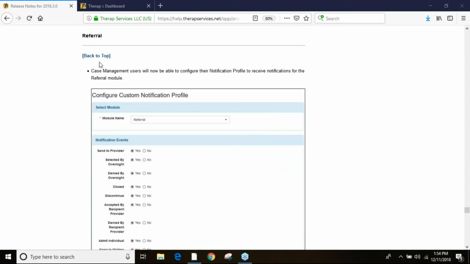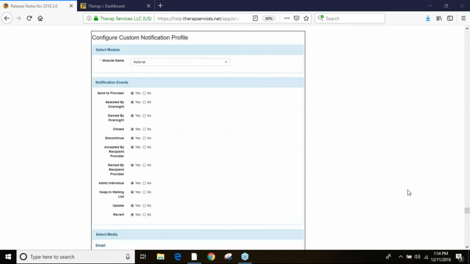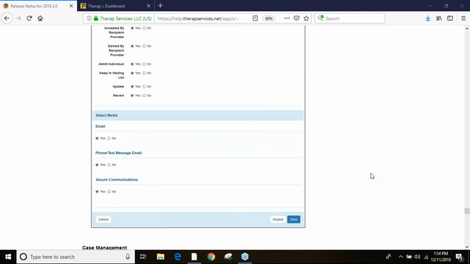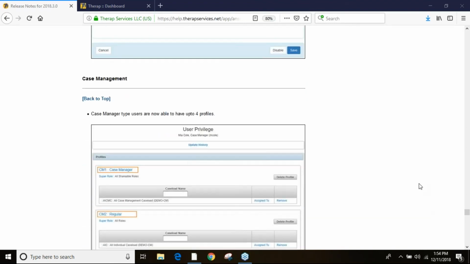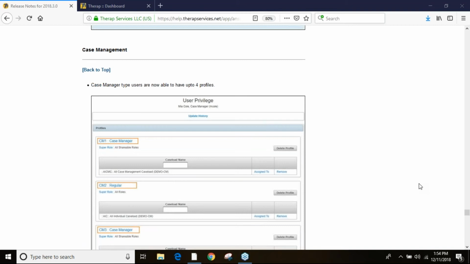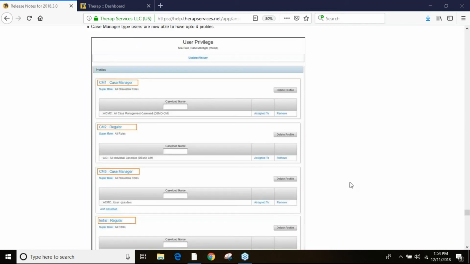Referral. A couple things here. Case management users will now be able to configure notifications for the referral module, and those are all the different options that they can say yes or no to get notified of, and then certainly which device or method. Case management previously couldn't have this many profiles, and now they can. They're going to be able to have up to 4 profiles. That's just for a case management user. But if you do have a case management user account, you can go ahead and have up to 4